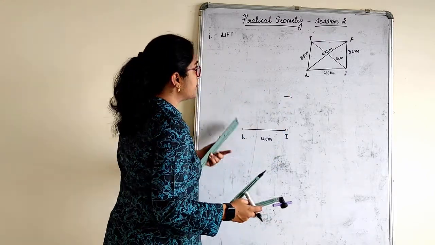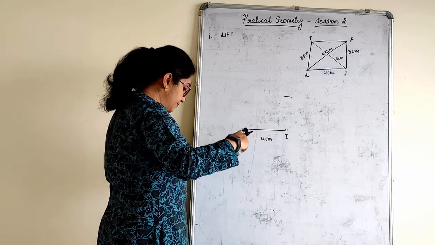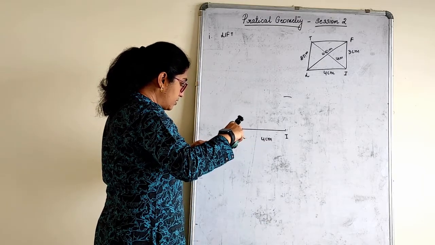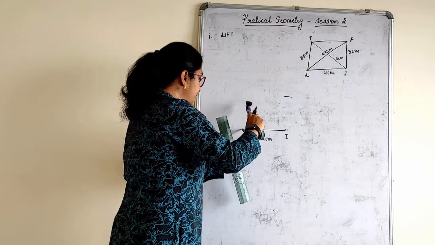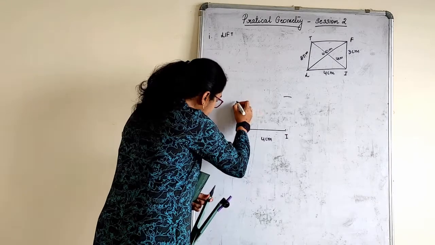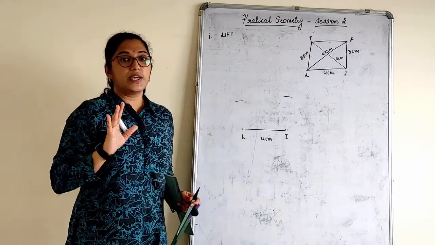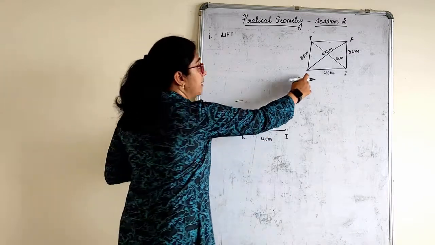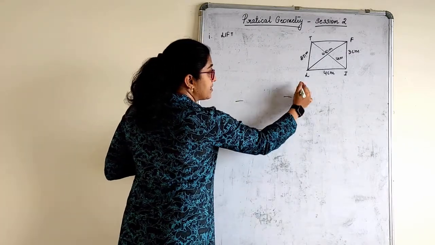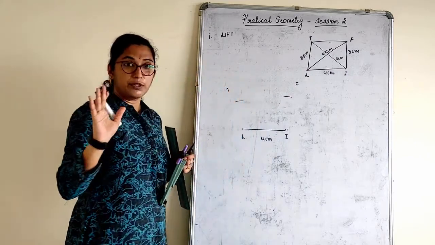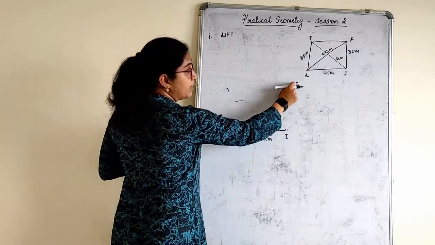What is this measurement here? 2.5. So the second measurement is 2.5. Just mark for 2.5 here, which comes here. Keep it as it is. We can't do any marking because the point of intersection is not given to us. But do we know this? This point is somewhere F, right? And I just mark, this point is somewhere T. That much we know.